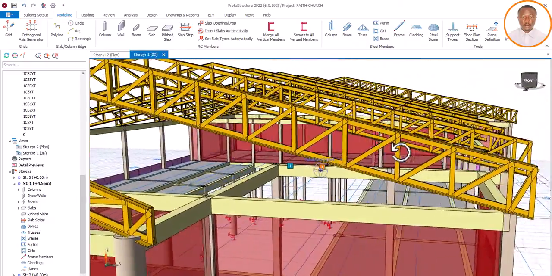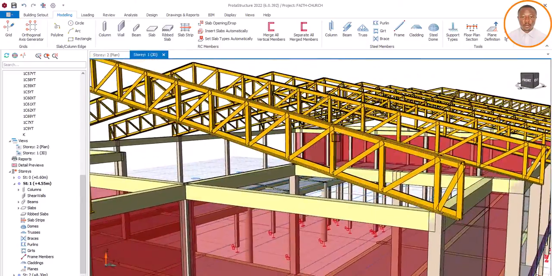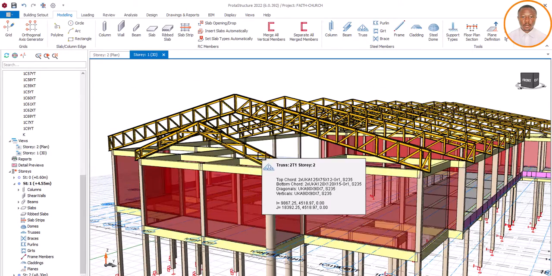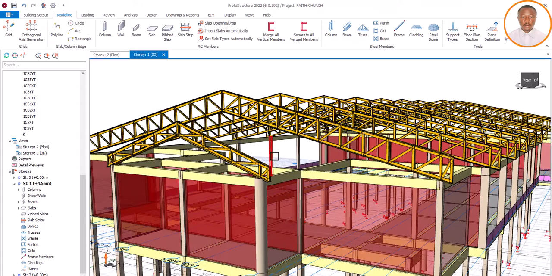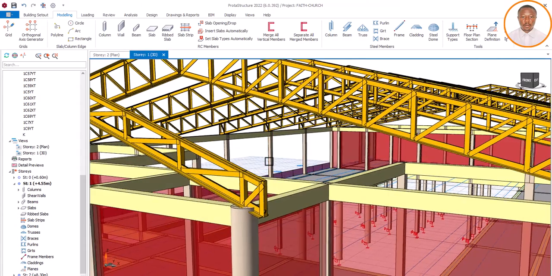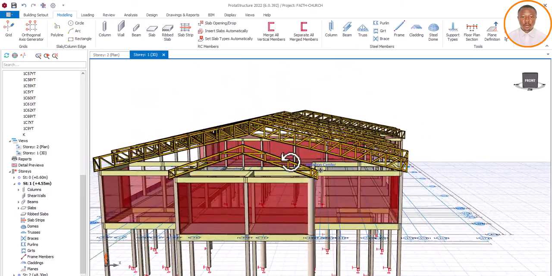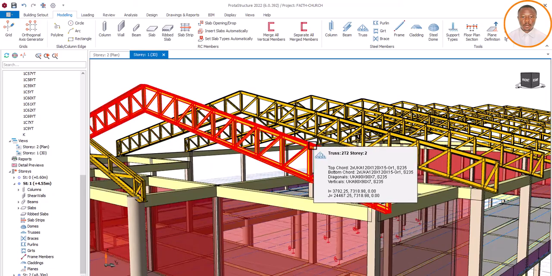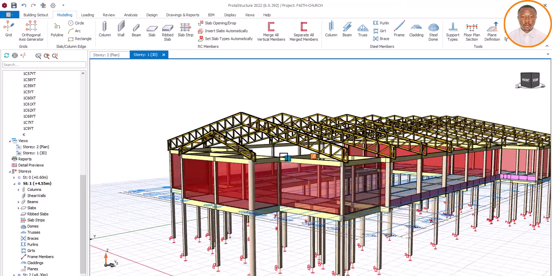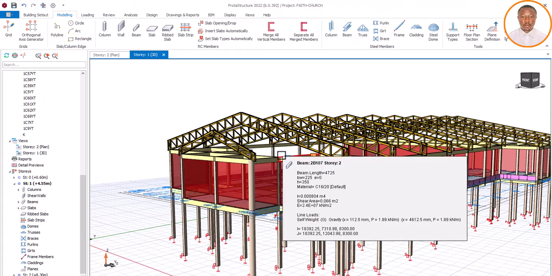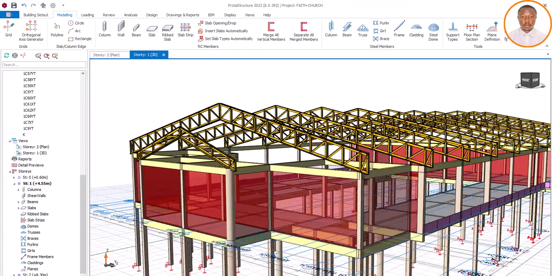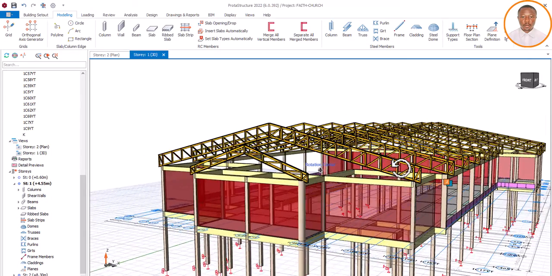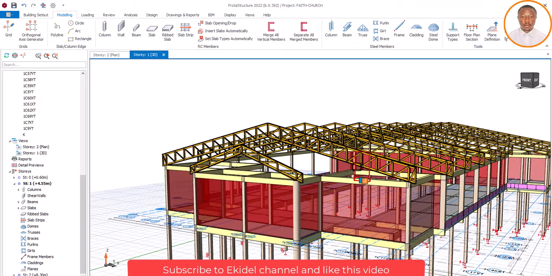Today, we want to learn how we can model our trusses, roof trusses. You discover that in a structure where the width is somehow large, you cannot be using wood, so you have to use what? Trusses. So on that note, we want to see how we can train you on how to model your trusses for church, no matter the span. Even if you have up to a 50-meter span, a 70-meter span, or a 100-meter span, there's a way you can model it. But for this small structure, for this church, because the length is maybe less than 20 meters or so,